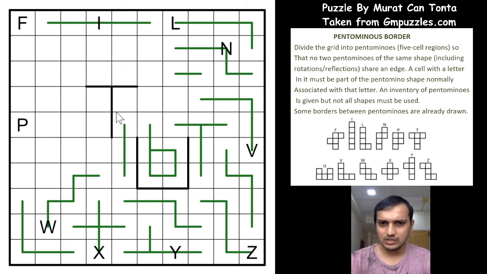Again the same thing. If these two cells are different pentominos, you again cannot form this as a single pentomino, as you will form an n here again, an n here and an n here. So this shape will be different, and again this shape will be stranded and it won't form a 5 cell region. So this is again a part of this pentomino.